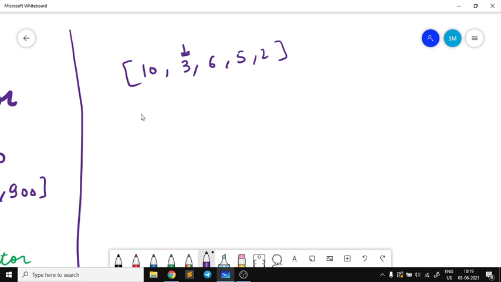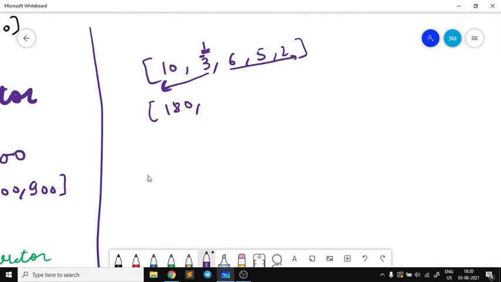So how will it look? Suppose for 10 only, I will be using a nested loop and finding the product of the remaining half. So it will fetch me 3 into 6 into 5 into 2, which is 180. Similarly, when I'm at the third element, I will iterate over the left part and the right part, and I will store the product of them. So it will fetch me the answer, which was 600. In a similar fashion we can find the answer for all of them.